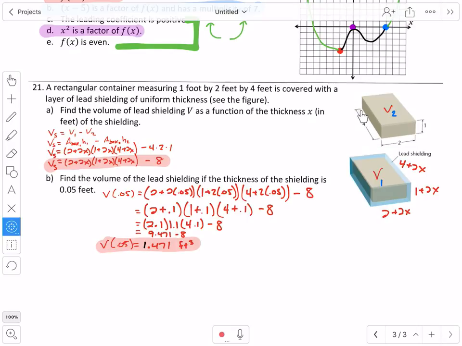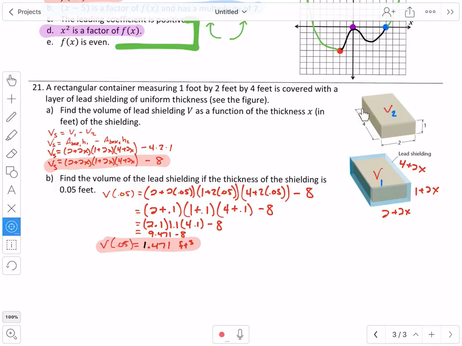If this dimension here is 4, and I add x to the back, that's 4 plus x. If I add x to the front, that's adding another x. Means this is going to be 4 plus 2x. And that's how I have this right here. Find the volume of the lead shielding. So to be clear,